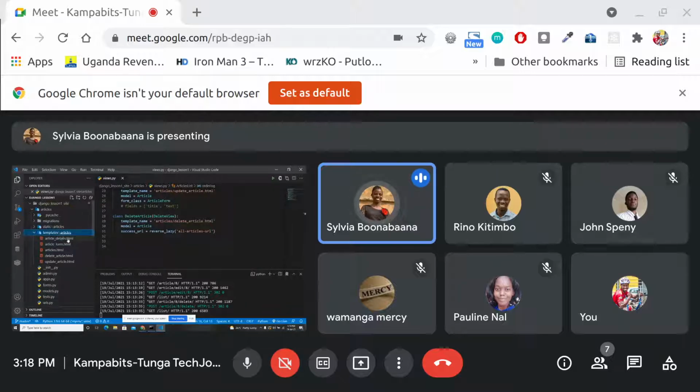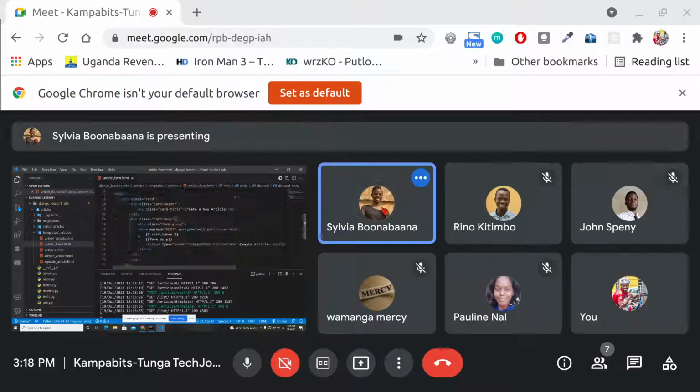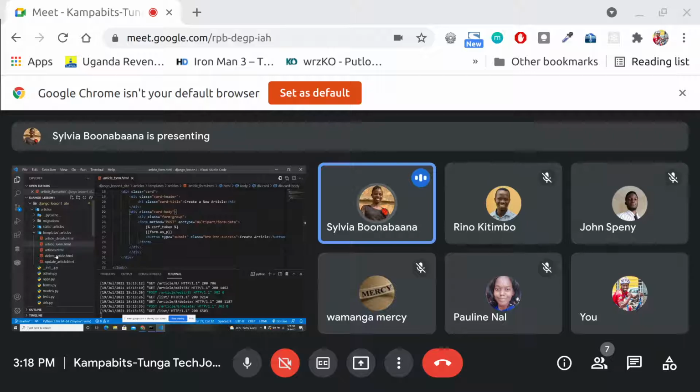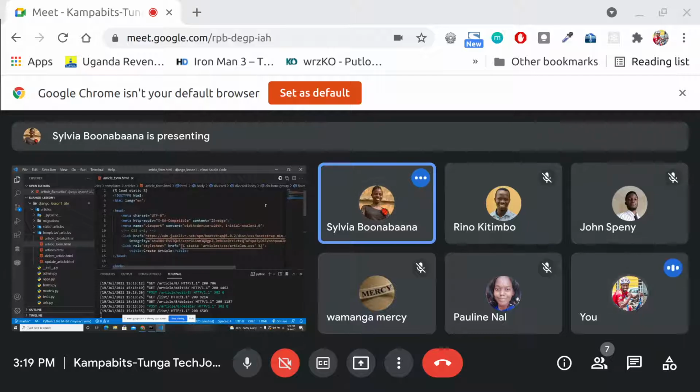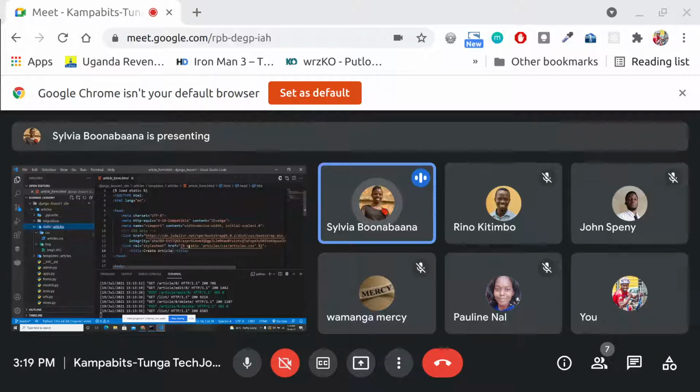Then the templates. I don't know if you want me to show you the forms. Yeah, I would love to see the forms also. This is the form for creating the article. The rest is really just the HTML. This is Bootstrap. I used some Bootstrap CSS, and then I used also my own CSS, which is in a static folder here. So articles.css, and then